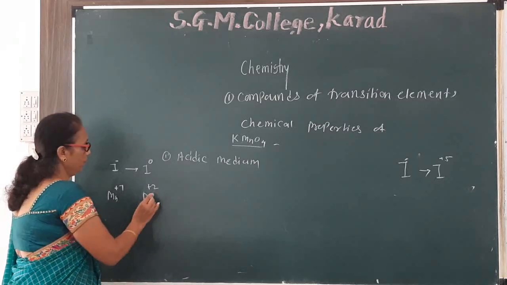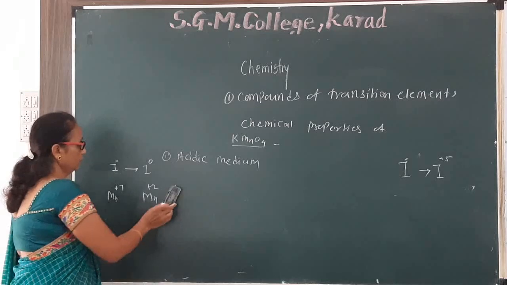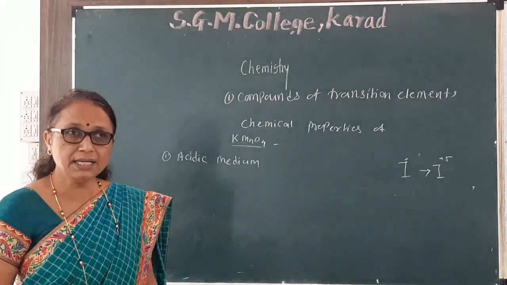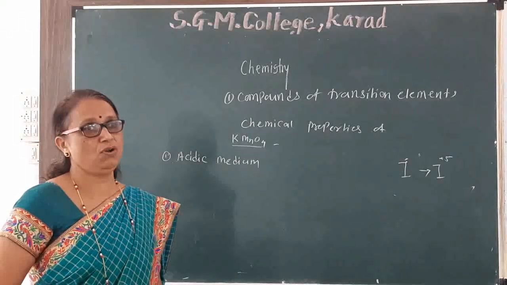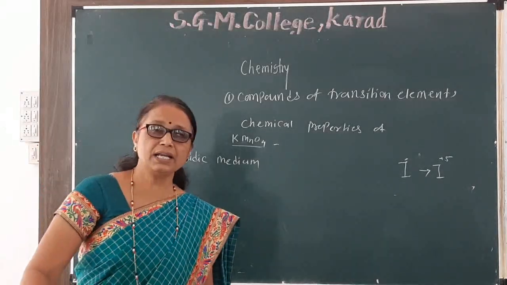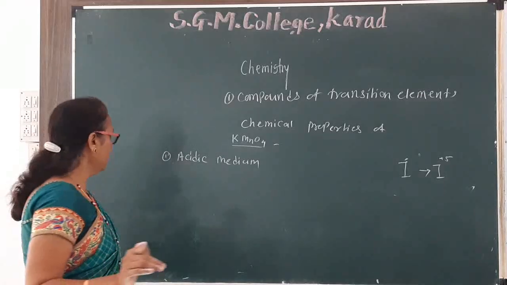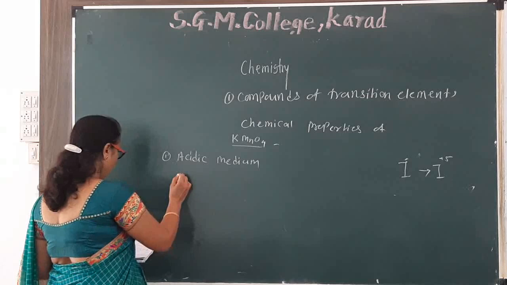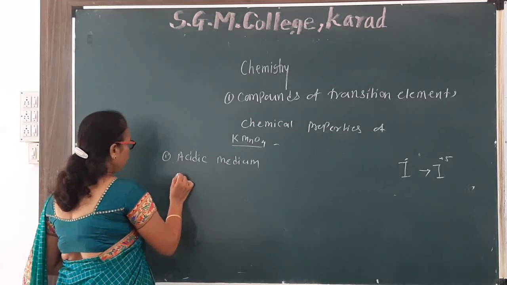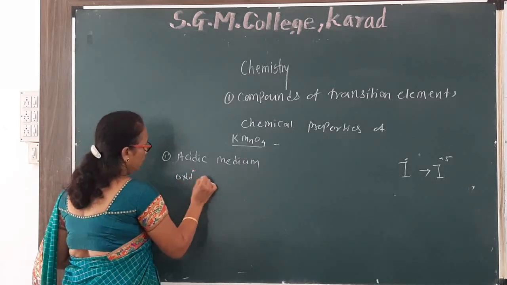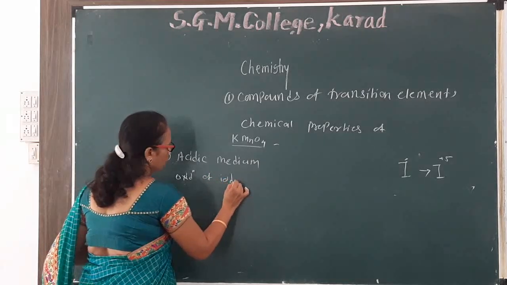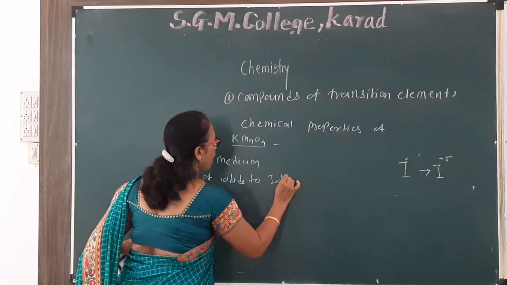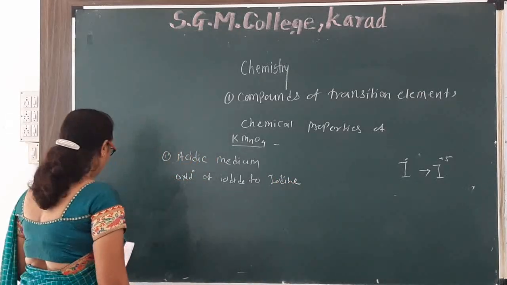So here Mn. Then, acidic or alkaline potassium permanganate acts as an oxidizing agent. In acidic medium, the first reaction is the oxidation of iodide to iodine, that is I- to iodine. The reaction for that is